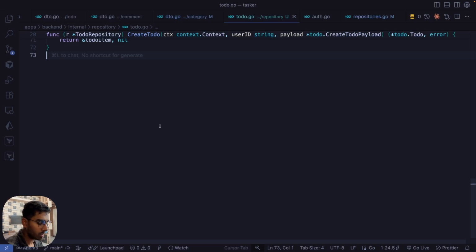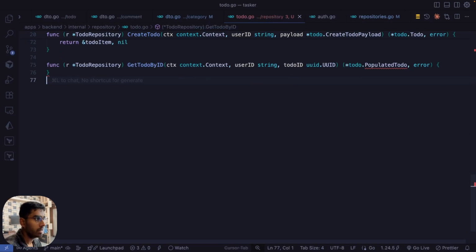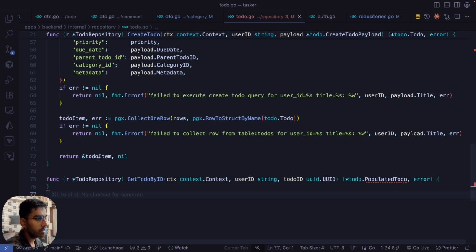Moving on to our next method, which is going to be GetTodoByID. And this is for when a user wants to fetch all the details of a single todo. They can pass the ID of that todo in the path parameter, and they can fetch the details using this particular API. But for this API, we cannot just send them the value of the todo in this format, which